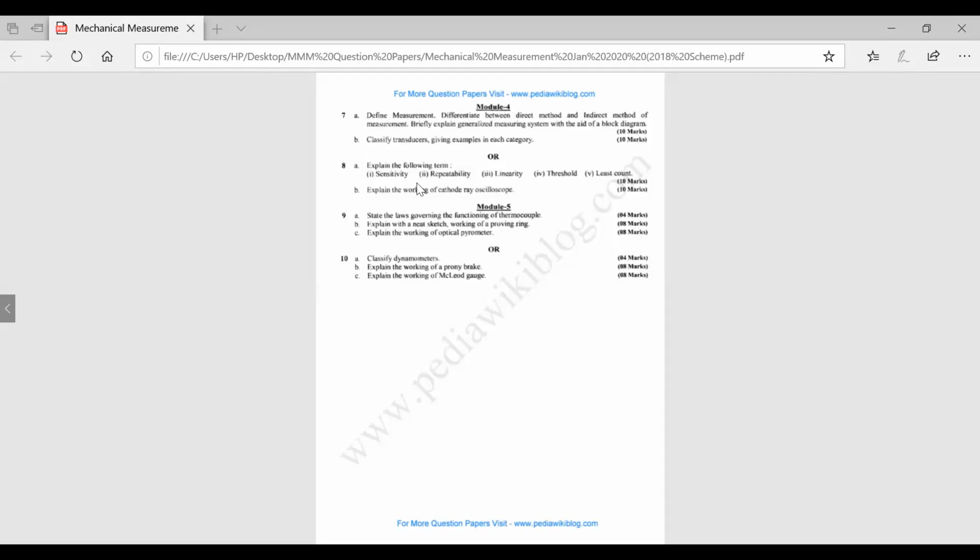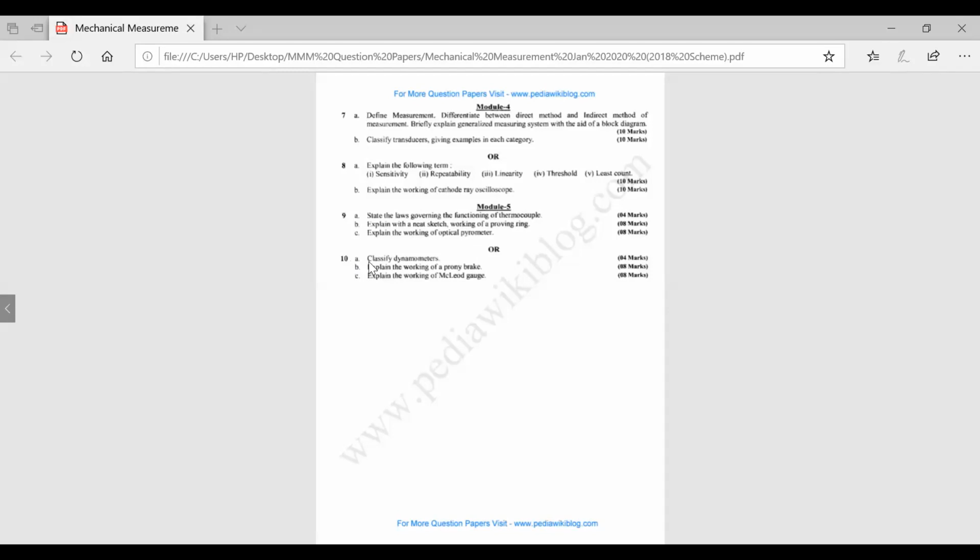You need to draw the diagram of the optical pyrometer and explain its working principle. It's better if you also list its advantages and disadvantages, even though they have not asked, to be on the safer side. First of all, you need to manage the time for all the answers. Since it is more of the theoretical part, you should manage to write all 5 full questions.